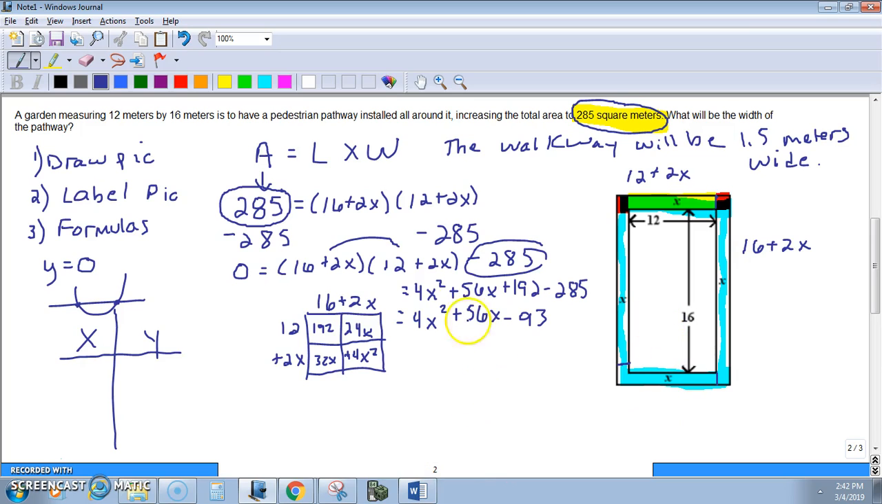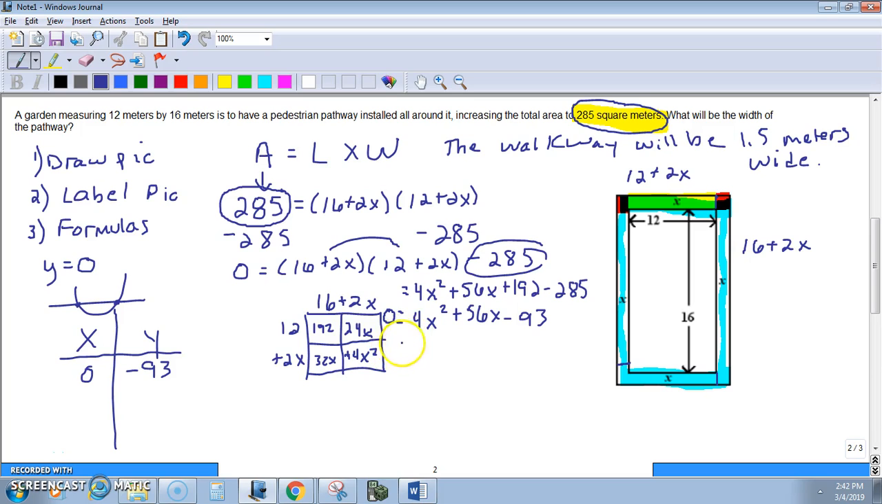Okay, and don't forget that we're trying to find out where those are 0. But I know one point, if x is 0, I know that my y is -93. I know that's going to be the y-intercept. For the rest of it, the easiest thing to do here, it's not factorable. And it would be really tricky to complete the square because of this 4. Well, it wouldn't be that tricky, but